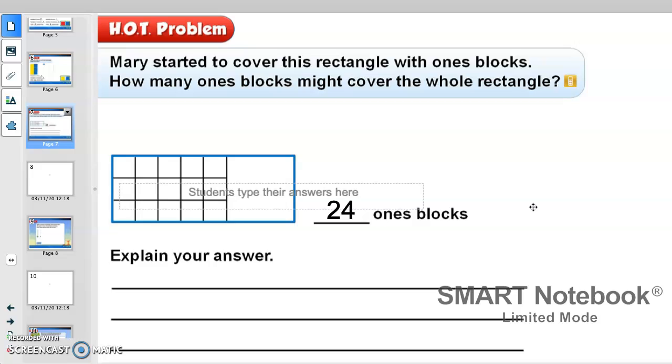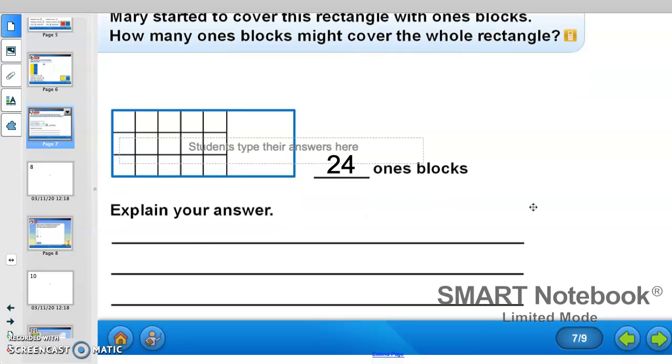Now, you might think differently. You might think of another way, and that's totally fine. But due to the circumstances of this lesson, I'm just going to make my estimate. You guys can make an estimate if you want as well. And when I explain my answer, I'm going to say something like how I knew that there was going to be another 3 rows and 3 columns in that open space, and then I counted all of the squares up. So I'm going to say something like, Mary needed